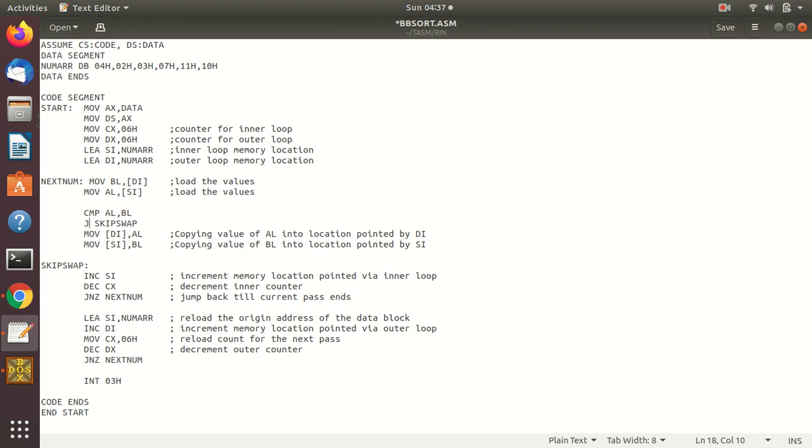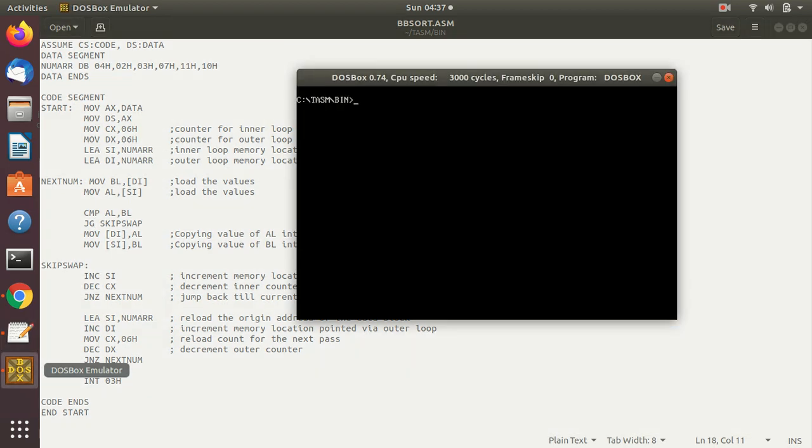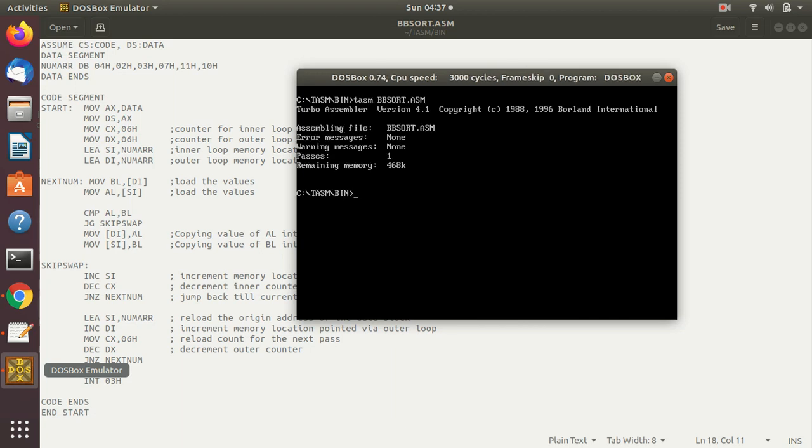If you change it to JG, okay, here we are doing jump if less, and the inverse would be jump if greater. Okay, so in that case the output will be in descending order. So you have to reassemble it. Okay, so relink, reassemble, and